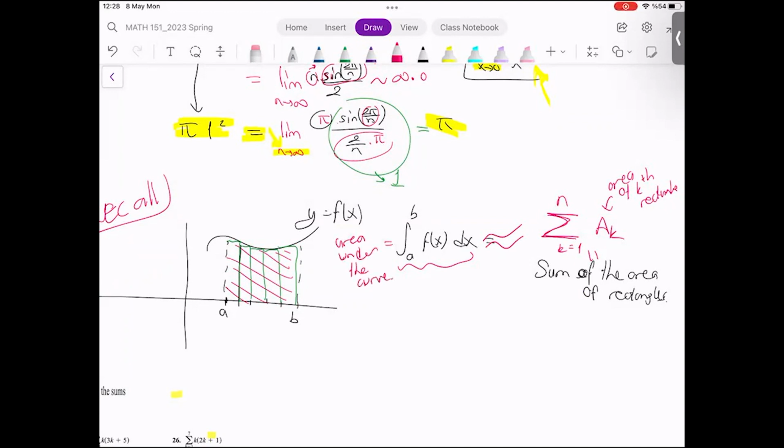Okay, if I put n many rectangles there, I know the area under the curve is not the same as the sum of the areas of those rectangles, because you know there will be errors, like I highlighted in yellow there. How can I get rid of those error parts? In other words, how can I make this approximately equal sign an exactly equal sign? Of course, by sending the number of rectangles